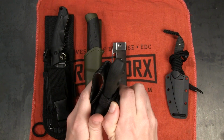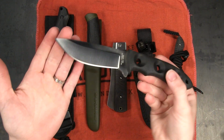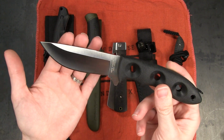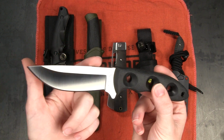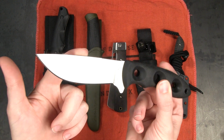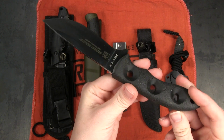Next up, let's look at this Outdoor Edge Hybrid Hunter fixed blade knife. This is right around $50 on the site. It's 8 1/4 inches long with a 3.88 inch blade. This is Oz-8 steel in a drop point style with a hollow grind and a satin finish. It is full tang, and it's got